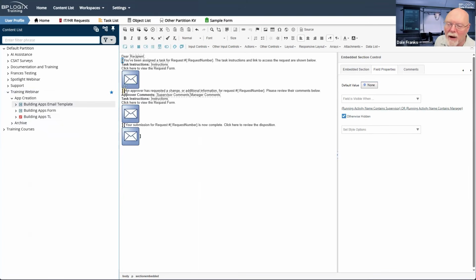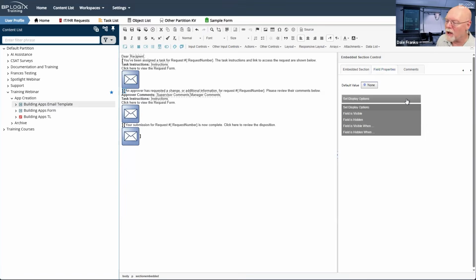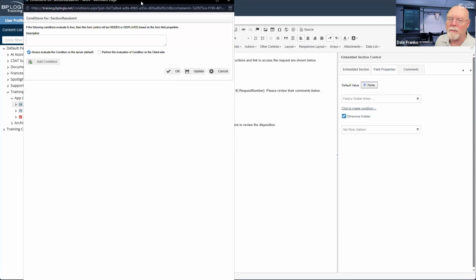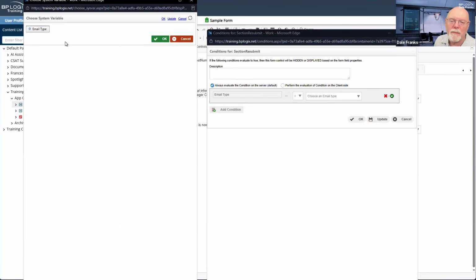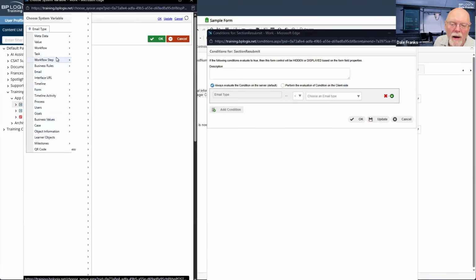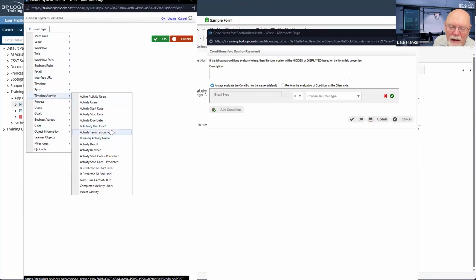And then for my second one, that's my initiator resubmittal activity. So once again, we are going to go to our display options. Field is visible when otherwise hidden, and we'll click to create condition. And in this case, we'll say whether my running activity name, timeline activity, running activity name.